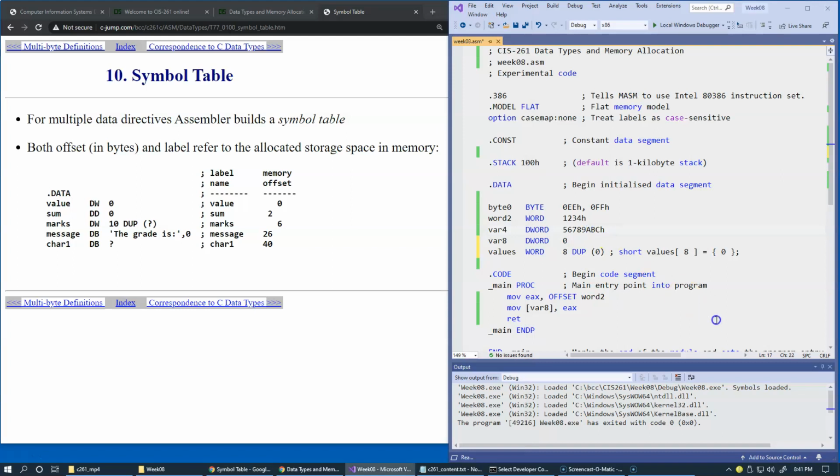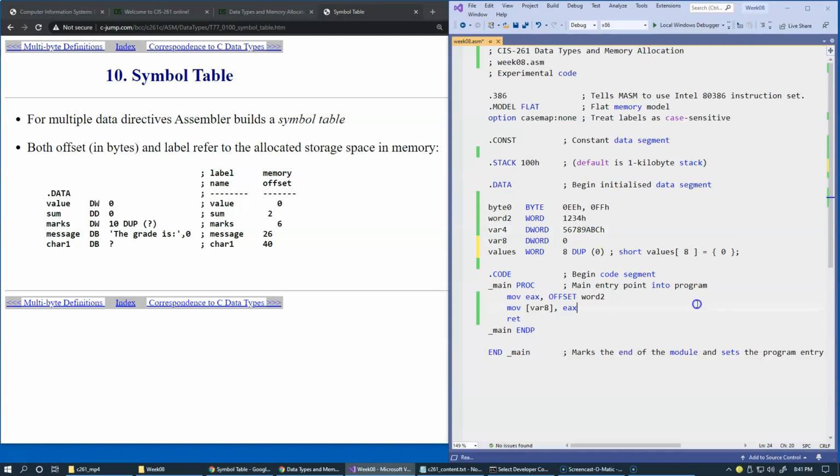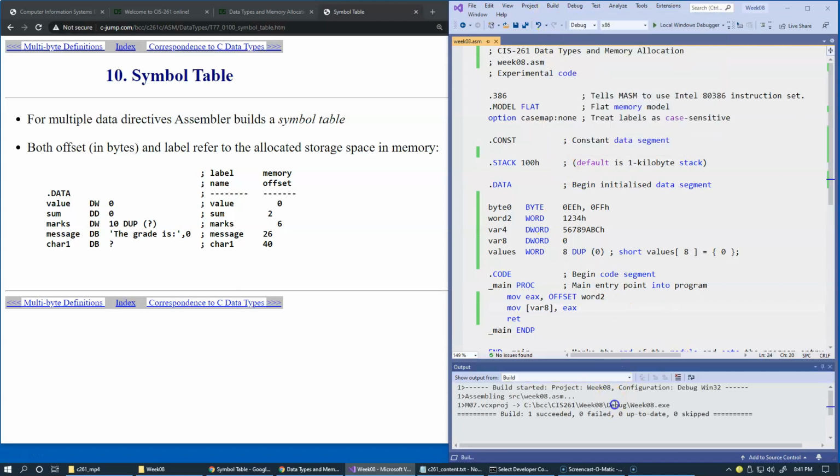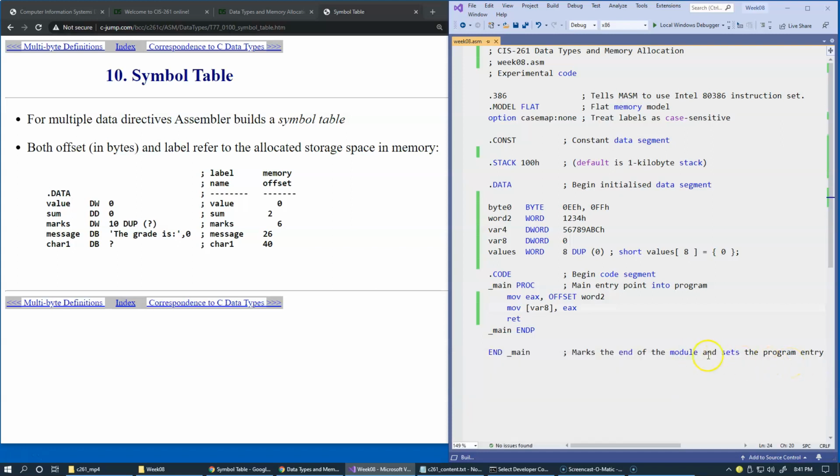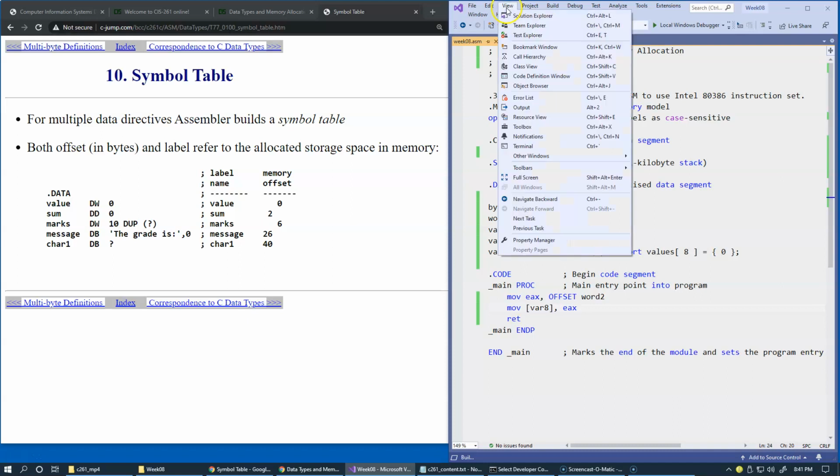As the assembler processes the file that we have right here. Okay, so when we say build and the assembler gets invoked, and it processes the file, generating, translating our instructions and preparing these variable allocations. It keeps the symbol table, and recall that since we created this project, and when we created it, what we added was